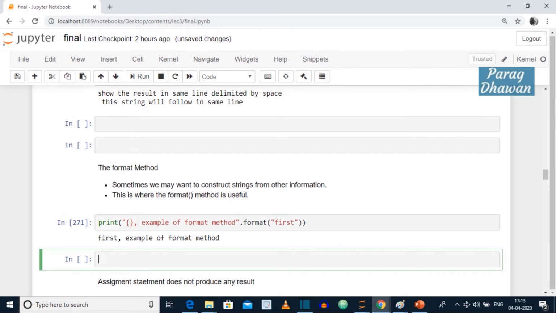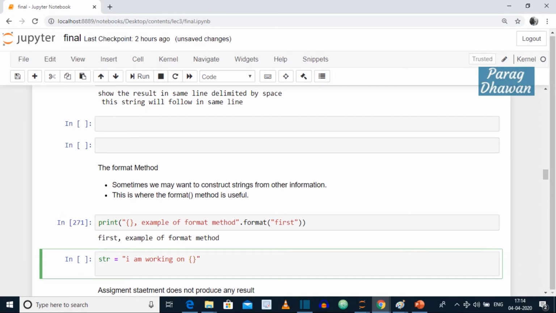Second example of format method: you are declaring a variable str, and in this you give the string "I am working on", followed by a placeholder. A placeholder is given by an opening brace and a closing brace. Then you print str.